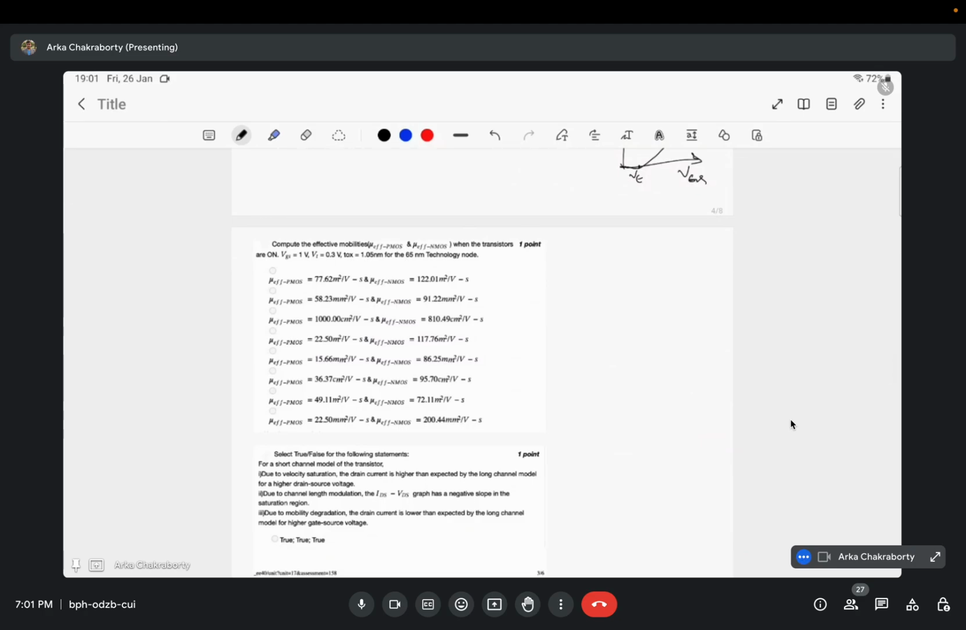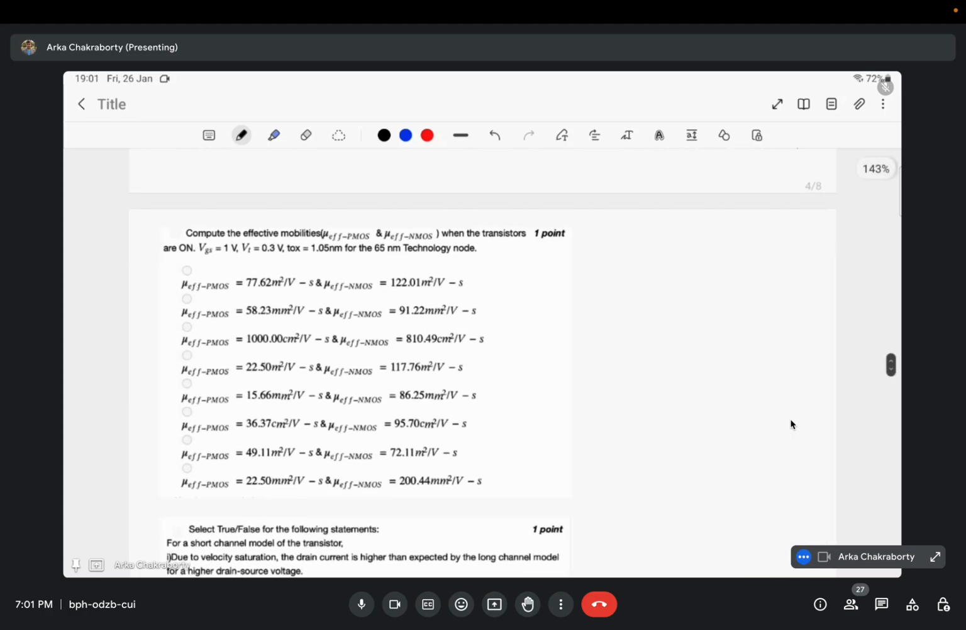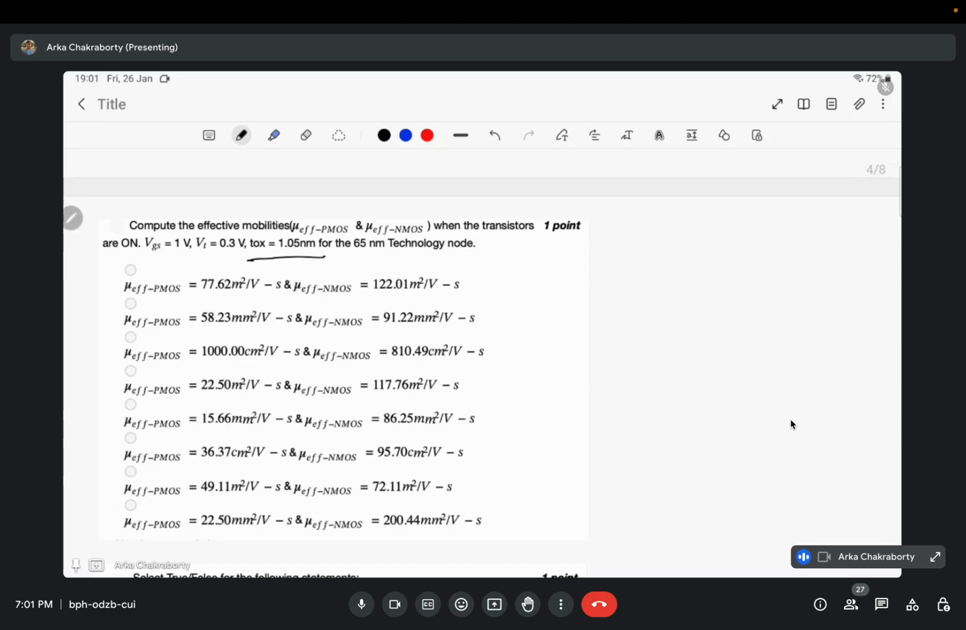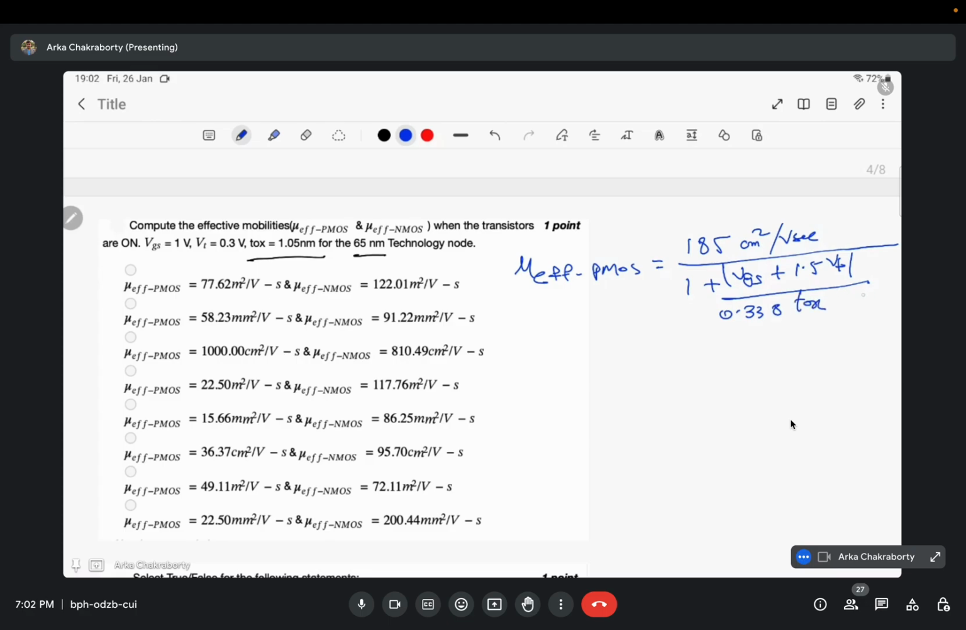See, here it is asked to compute the effective mobilities, mu effective for PMOS and NMOS when the transistors are on. VGS is given as 1 volt, VT is given as 0.3 volt, TOX is given as 1.05 nanometer for the 65 nanometer technology node. In the lecture, sir has given you the formulas that mu effective for PMOS is 185 centimeter square per volt second divided by 1 plus VGS plus 1.5 mod VT divided by 0.338 TOX volt per nanometer. So if you plug in all the values,